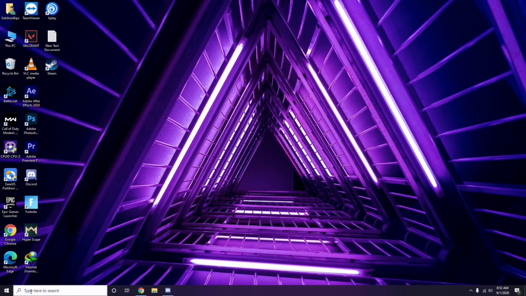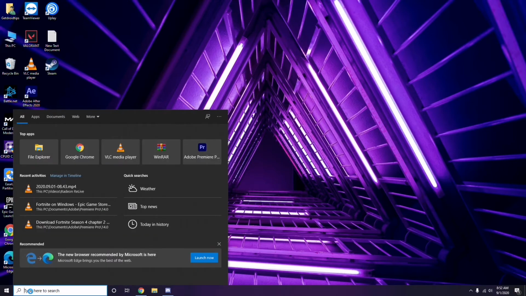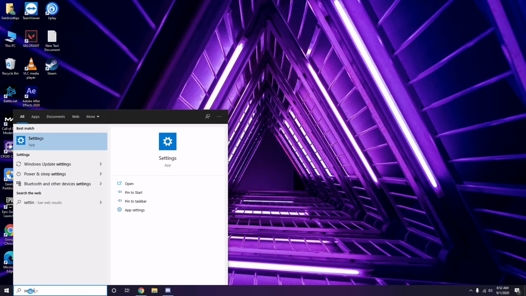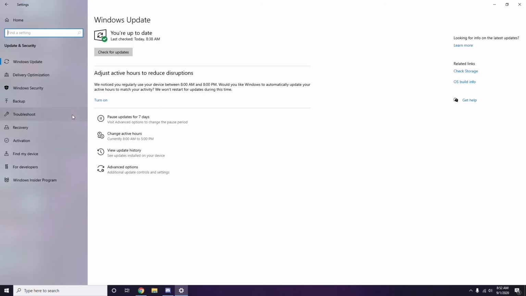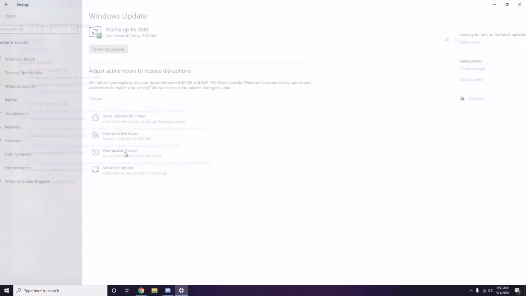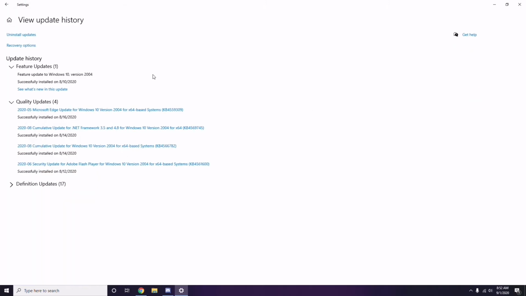So what you have to do is go to the Start menu, search for Settings, and go to Settings. From here you have to go to Update and Security. There is an option, Update and Security. Now you have to go for View update history. As you can see, there is an update there, for example,